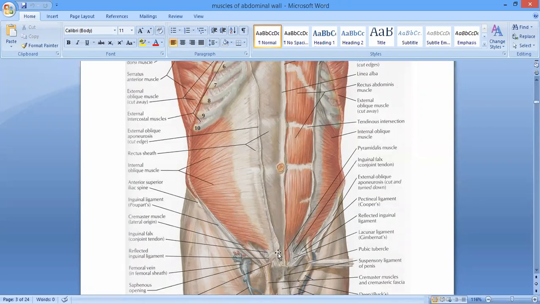Going to the linea alba, okay, here, and here you can see, and it is going to form the lateral free border, okay. Now when the spermatic cord passes under this muscle, it is again going to carry some of the muscle fibers around it, and these muscle fibers which cover the spermatic cord in this region are called the cremasteric muscle fibers, okay.